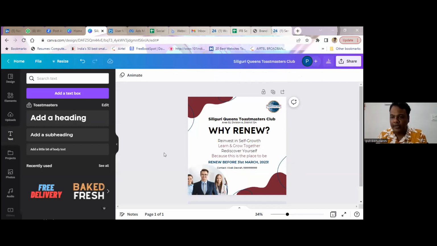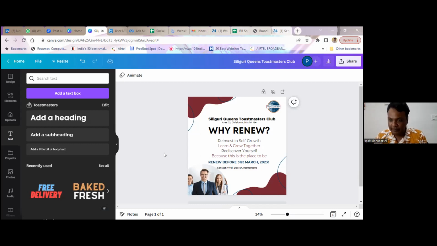So we have our first poster made, and why I made this poster is just to show you how we can use the tools to make a poster that looks decent and doesn't take much time. With all our discussions, we took just 20 minutes to make this poster and this serves the purpose. So the first very important thing, if you have something in your mind, you visualize what to include in your poster. For example, you have a Toastmaster of your club completing level 1 of Pathways and